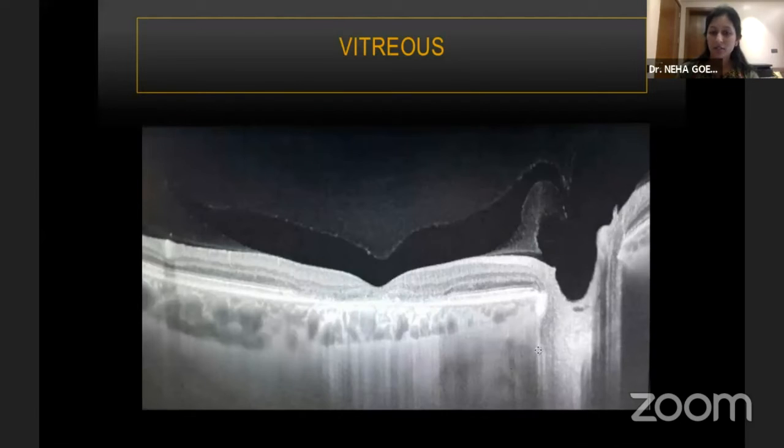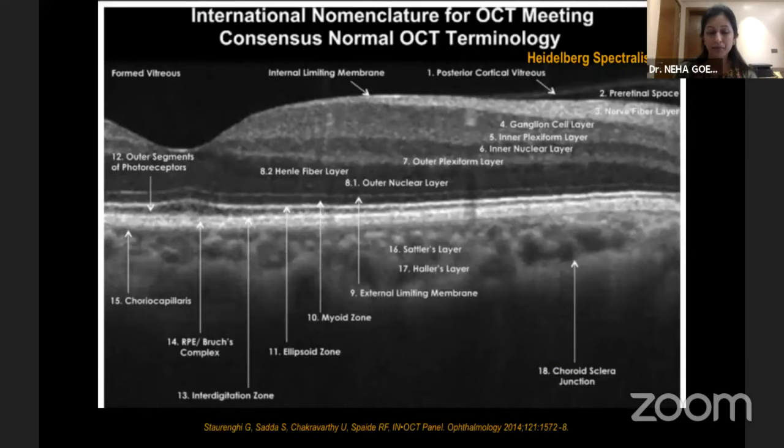Now, starting with the vitreous, the enhanced vitreous mode allows us to see these structures which were earlier not possible. And here we see what is known as the precortical vitreous pocket. So this is connected to the Cloquet's canal by a valve, which has been shown histopathologically and is now visible on swept source OCT as well. And many of us would have encountered this when we stain the vitreous, especially in cases of macular hole, etc. Intraoperatively, we get exactly this kind of structural feel there as well.